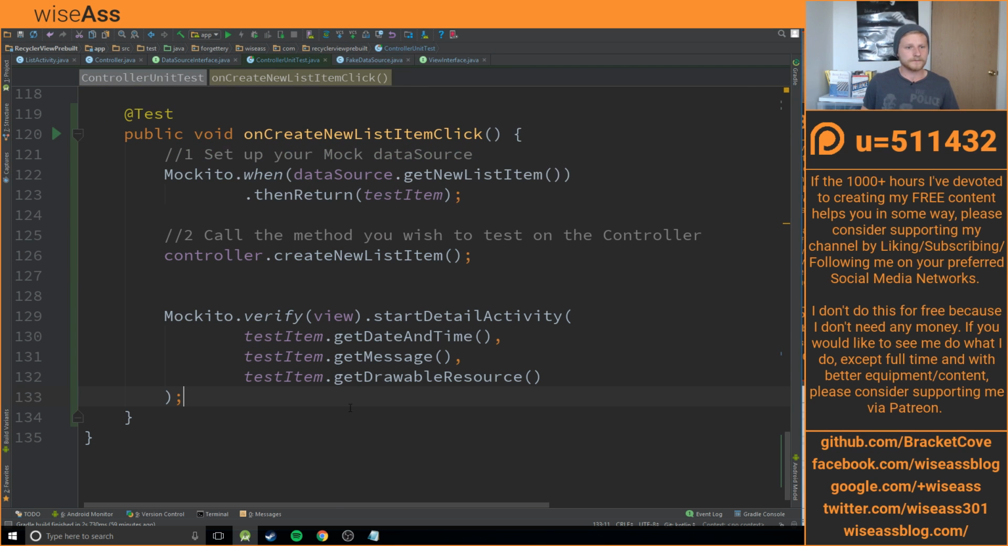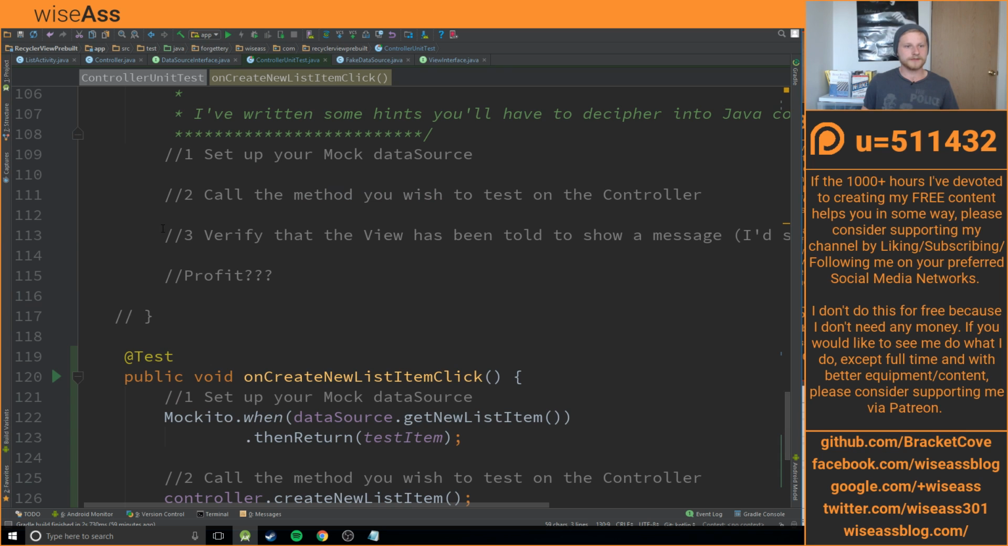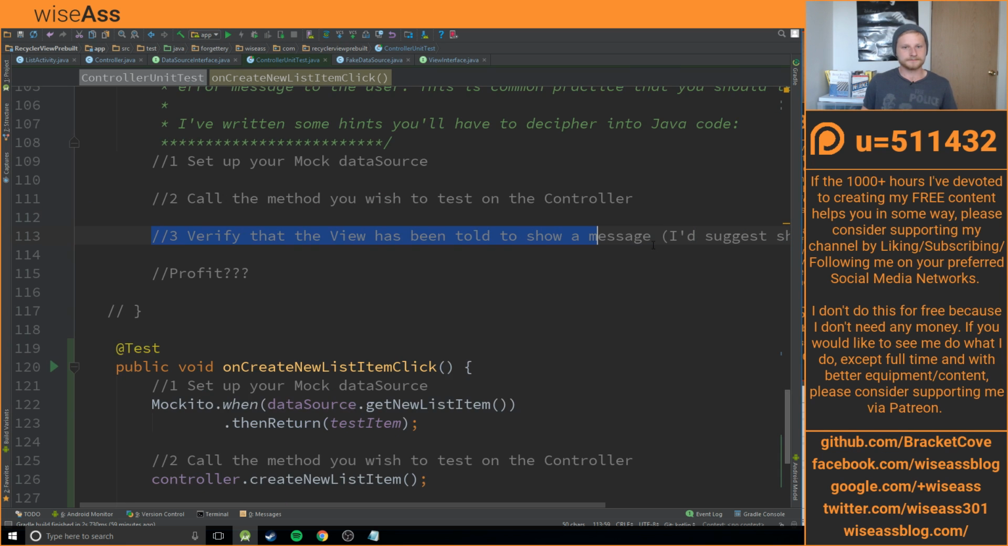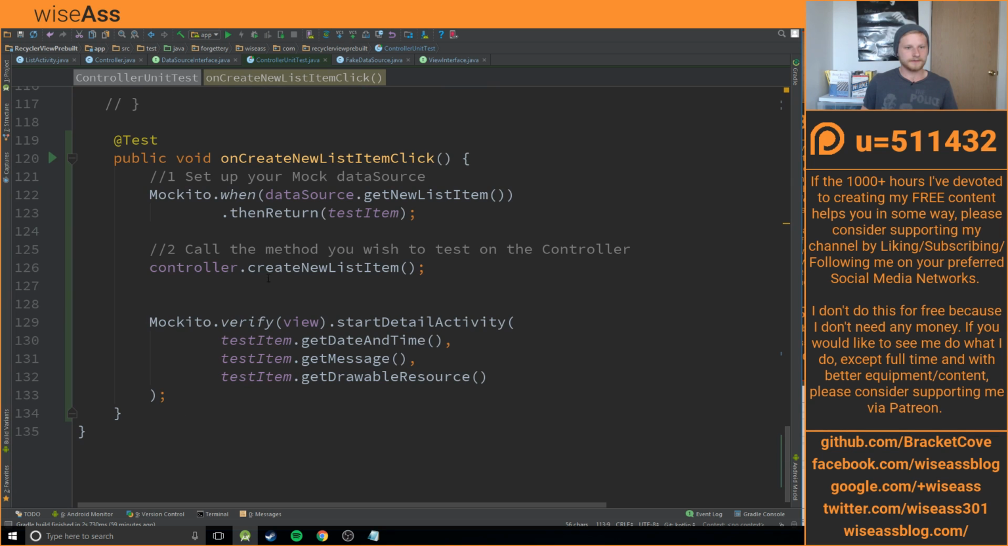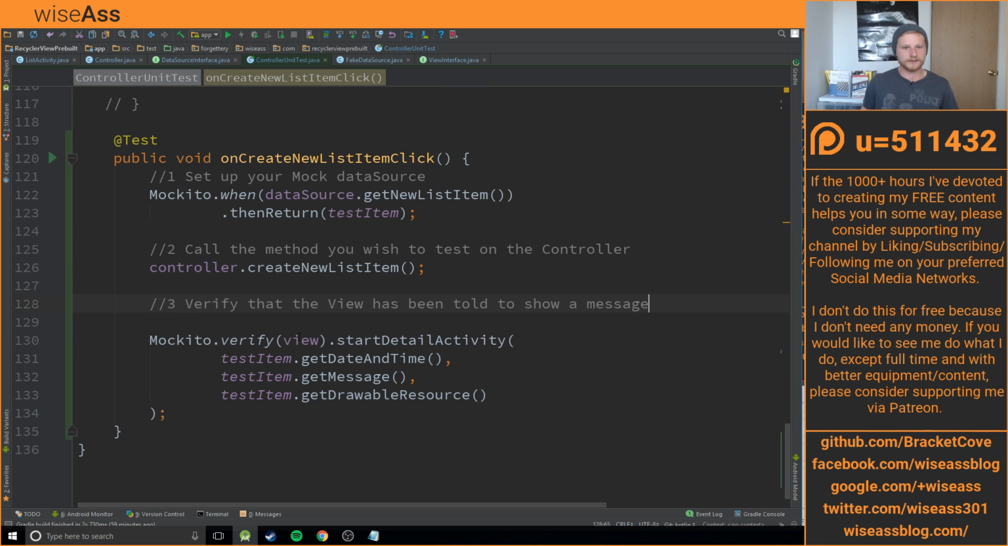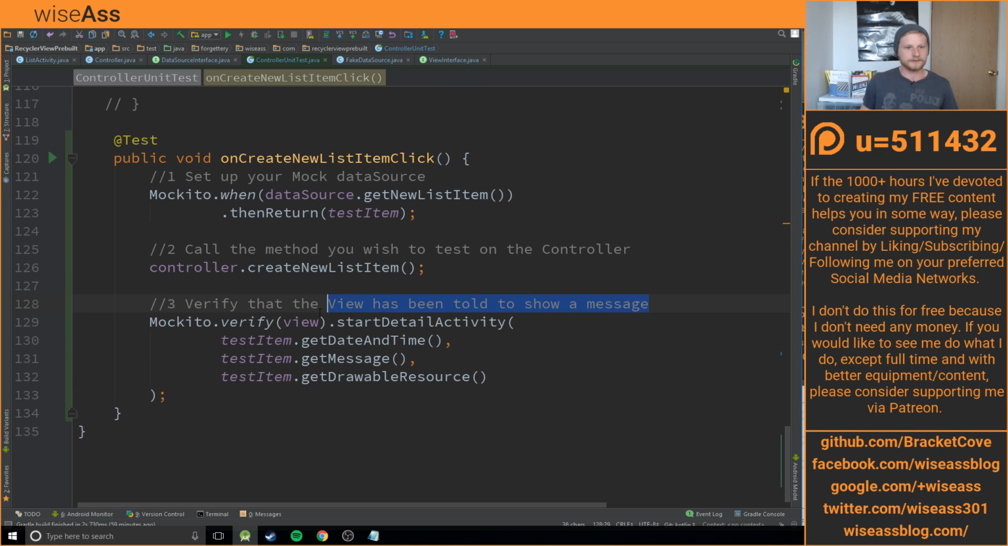So what I'm going to do next is sort of verify, let's just steal that. Next step is to verify the behavior of the view based on the event. So in this case, I'm going to want to call